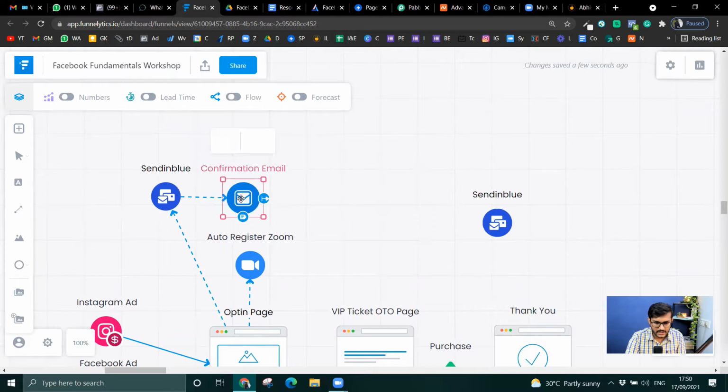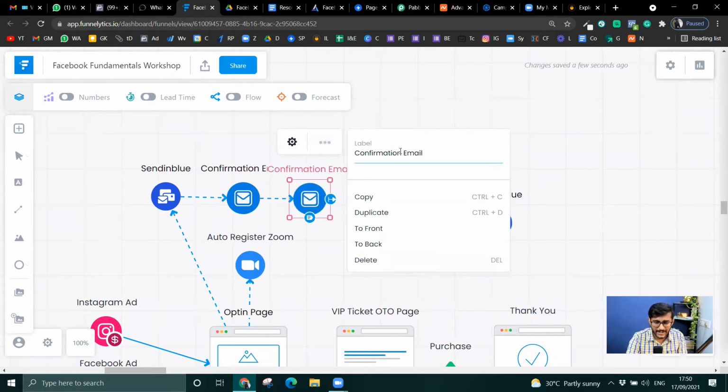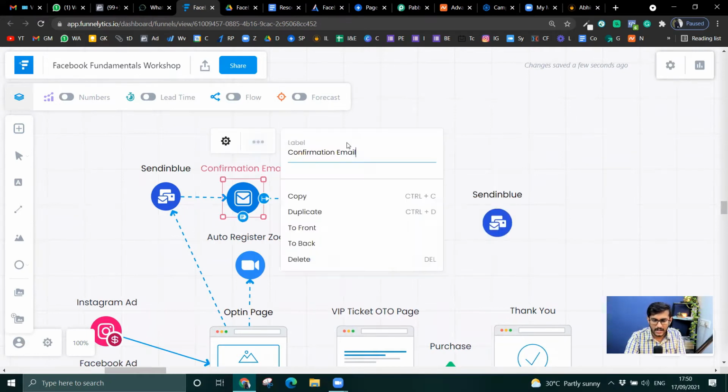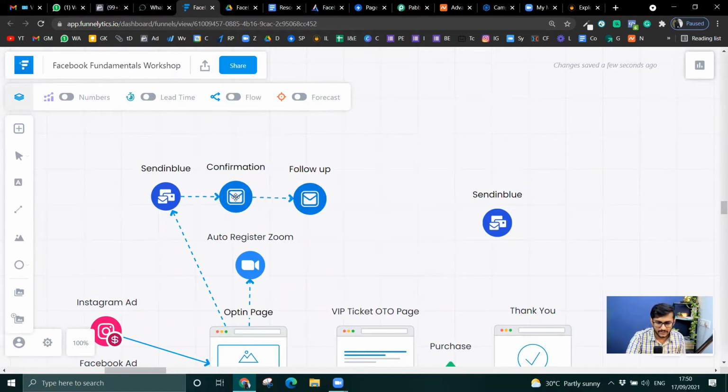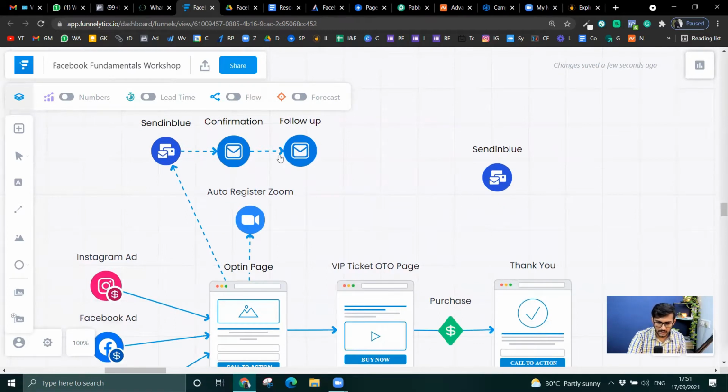Now after this, I want them to get another mail, which is a follow-up mail, right? Let me just keep it here for now. At the moment, I'm keeping things very simple, because I know if I show too much, it might be overwhelming. So some of the steps I have not really discussed here, which are at a later stage. One is a confirmation mail, one is a follow-up mail, just to give them an idea. There are a lot of other mails that come into the picture, the nurturing mails and other stuff. I have not mentioned them here at the moment, right?